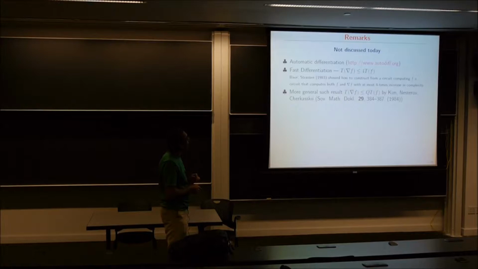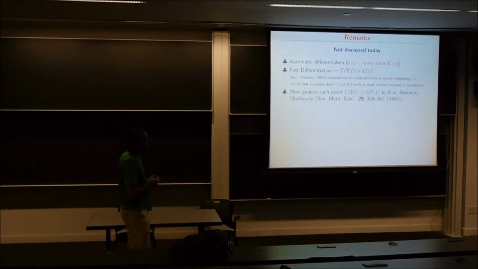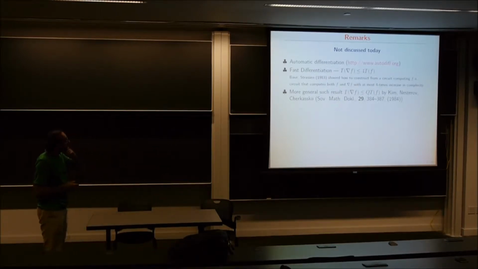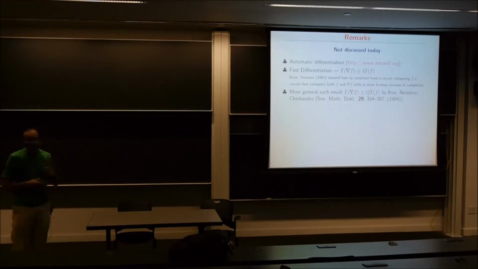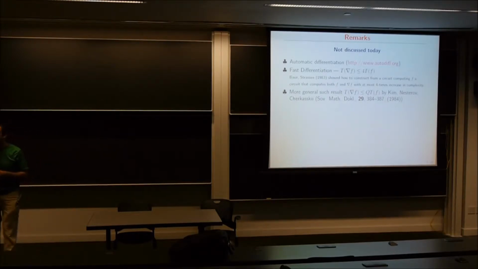And a more general version of this is in a paper by Kim, Nesterov, Cherkassky. And I contacted Yuri to ask him if there's been any progress on this. So this stuff is called fast differentiation. It requires much more storage, but you can do it. Theoretically, there has not been that much progress. I'll just flash a little paper here,